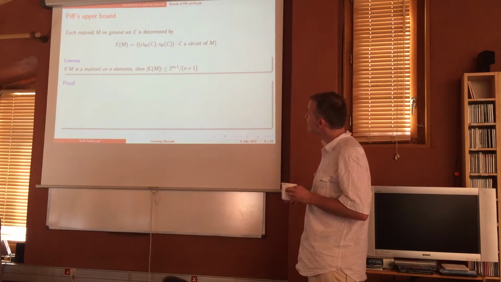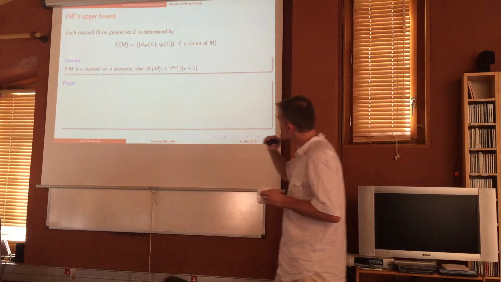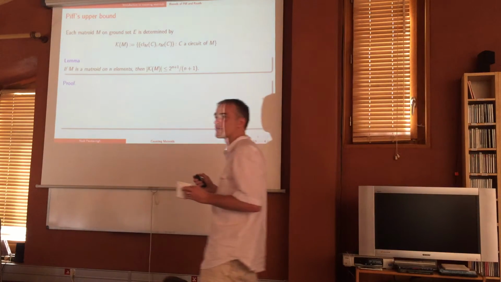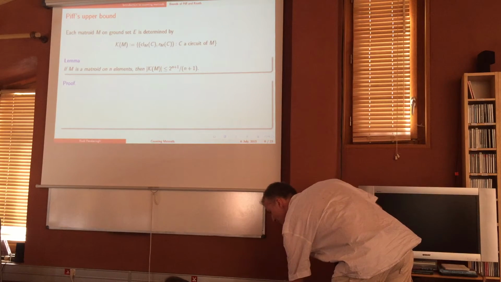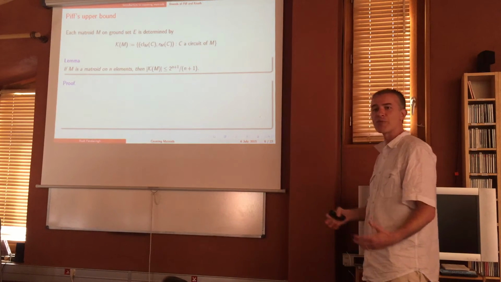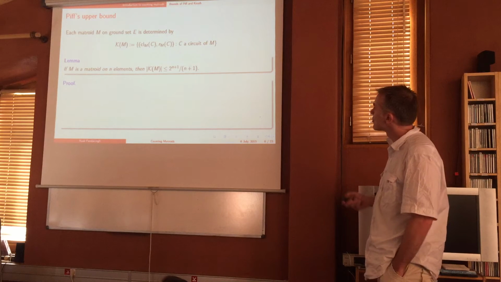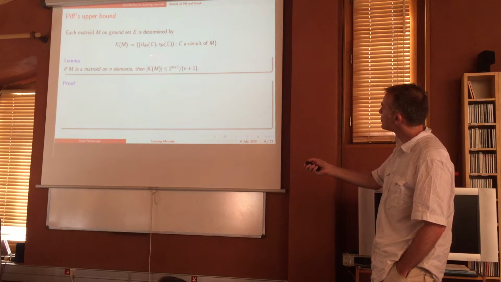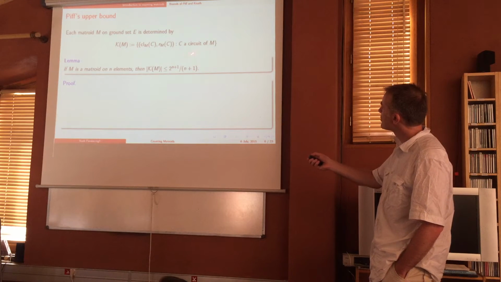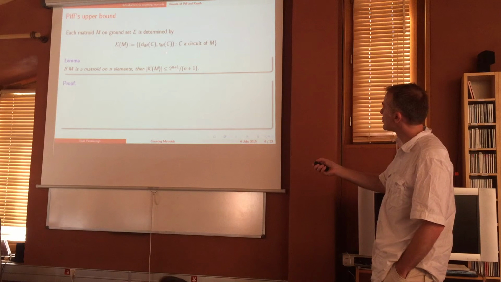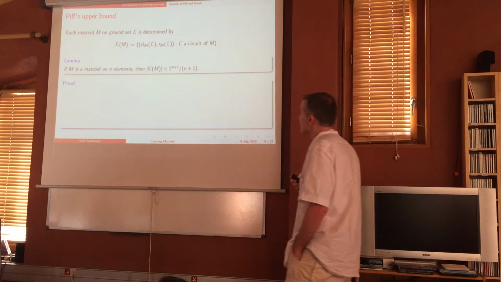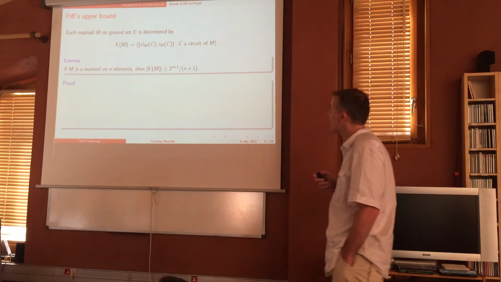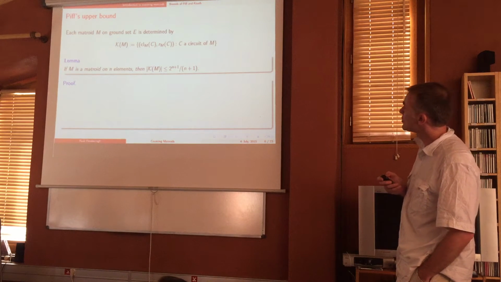Okay, so the next point I need to make is that this description is a short description. Because if the description is short, there are going to be few short descriptions, and that will give you an upper bound on the number. So short in this case means the cardinality of that set, which completely describes my matroid, is at most 2 to the power n plus 1 divided by n plus 1. And the proof is